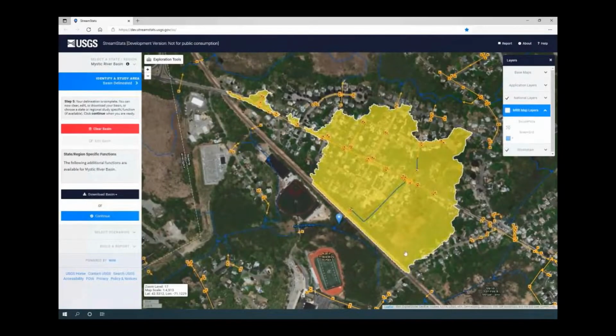I wanted to point out a few things happening here. The contributing area shows a delineation that grabs flow on the other side of this railroad, and the railroad is actually used as a basin boundary for a good stretch. And then